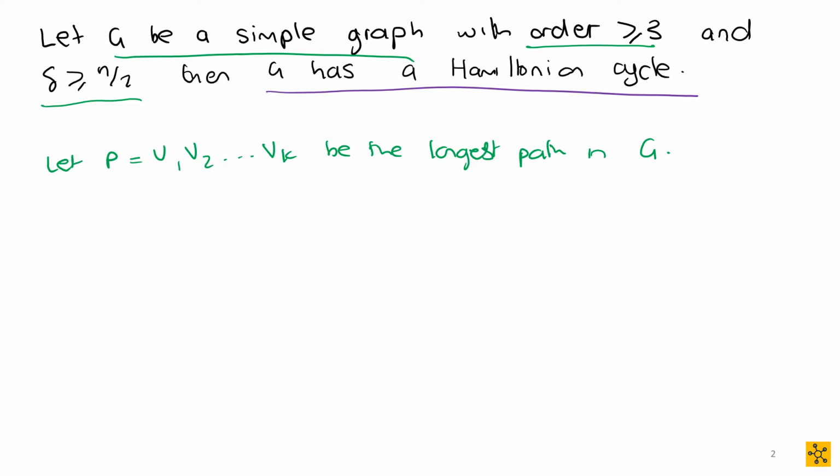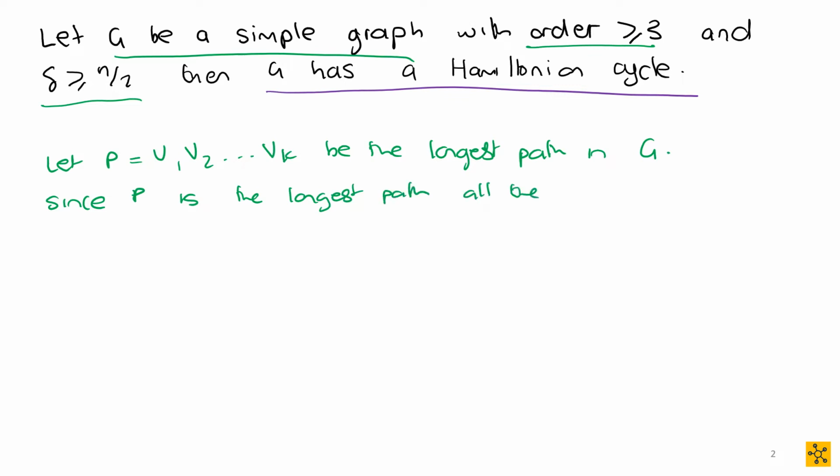And that means that all the neighbors of v1 are in this path and all the neighbors of vk are in this path. Since P is the longest path,